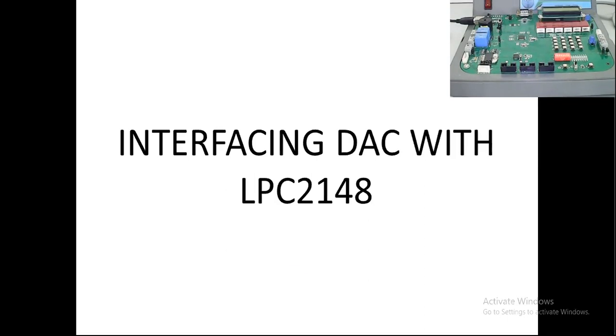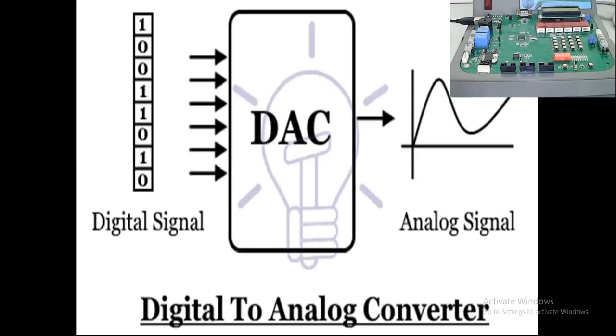So we all know the process. So digital signal is converted into the analog signal. So we give the parallel signals. That is, we can also call it as parallel signal is converted into the serial signal.